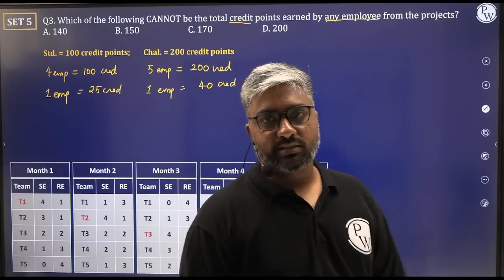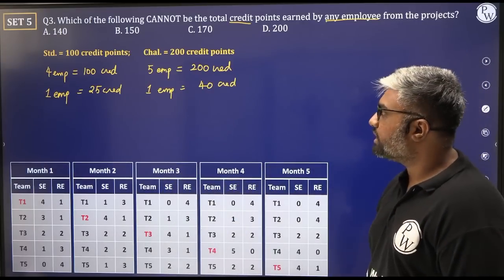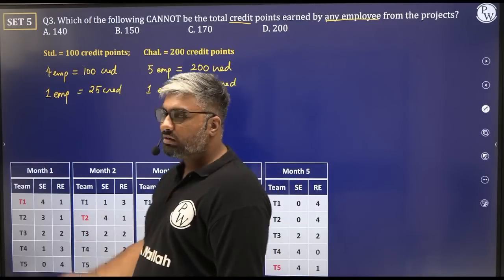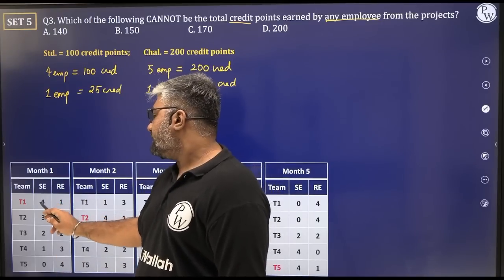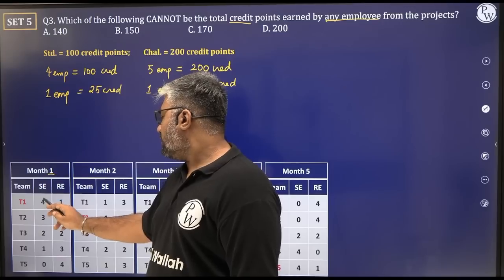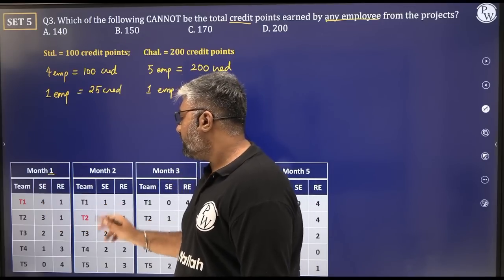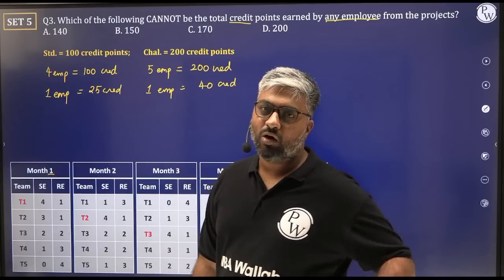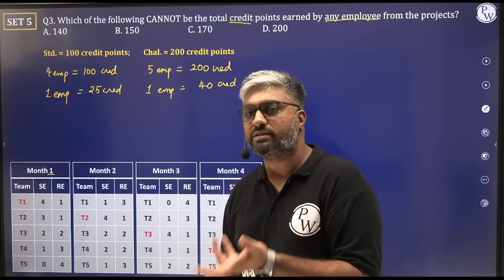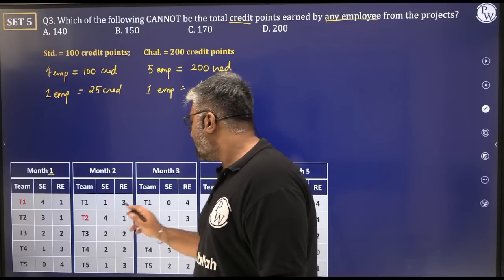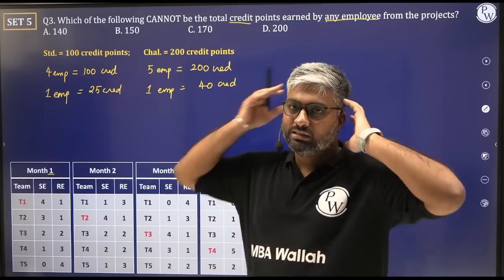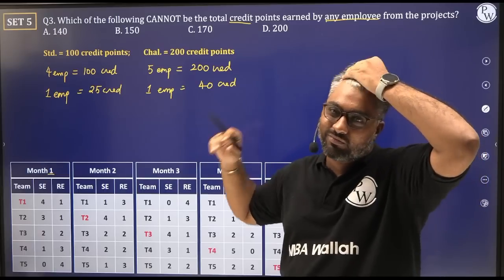Now the major problem here is, there should have been a cannot be determined here. Kyunki do we really know which employee stayed, which employee moved? 4 SE in month 1, let's say in month 1, we have 4 SEs here. From 4, it became 1, correct? From 4, it became 1. Do we know which employee left? Out of the 4, which one left? We don't know. Which 3 left? Which one stayed? We don't know which specific employee. Same way, this 1 became 0. Which one person left? We don't know. This 3 became 4. Which one extra person came? Too much confusion, right? Too much confusion.